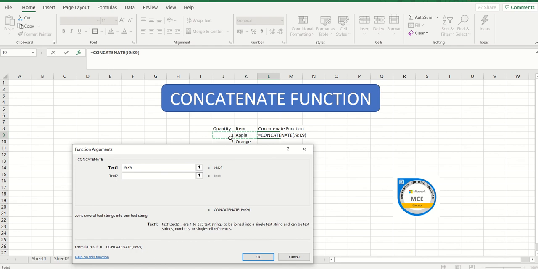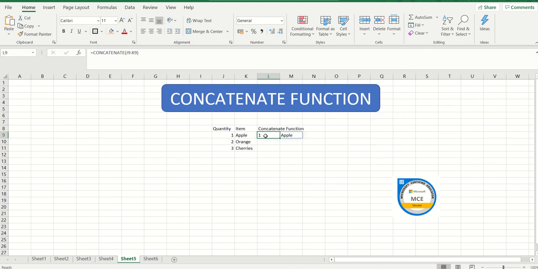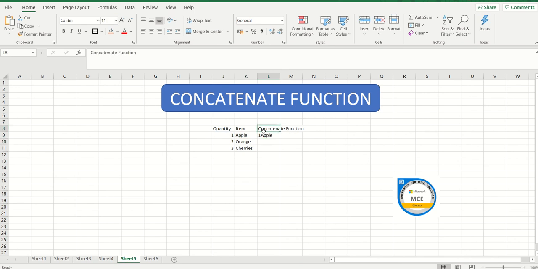Over here, when I select the entry, always remember it has to be this entry and this entry. If you select this entry and this entry and hit enter, it is not giving me the result. The reason is, if I want this entry in a specific cell, the formula is going to be equals concatenate, then bracket start. My first text is this, then put a comma, and then comes the second text, this one, and then bracket close and enter.